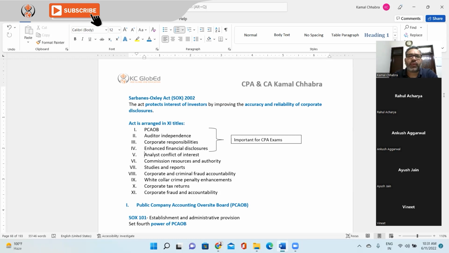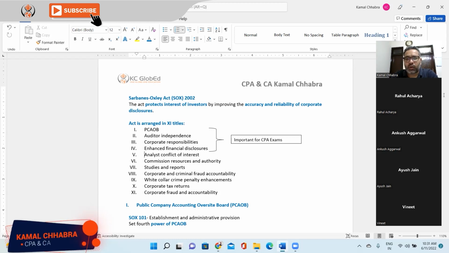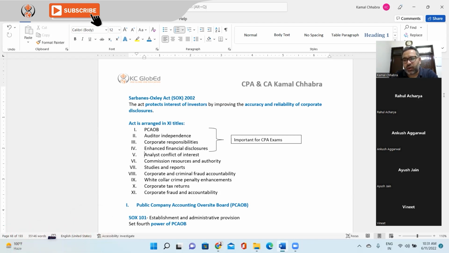And then, building a law is one thing, and continuously monitoring the law and updating that law is another thing, right? So back in 2013 also, they further updated the requirements of SOX. So now the original SOX is the 2002 Act, and the amended one is the 2013 Act, right? But the major objective, whether of SOX or the Dodd-Frank Act, is to protect the interest of the investor and enhance the overall accuracy and reliability of corporate disclosure.